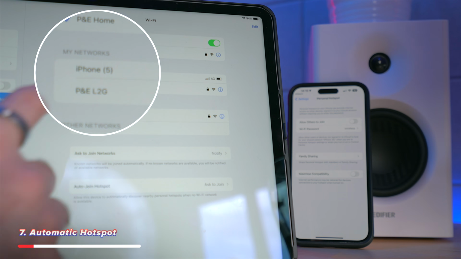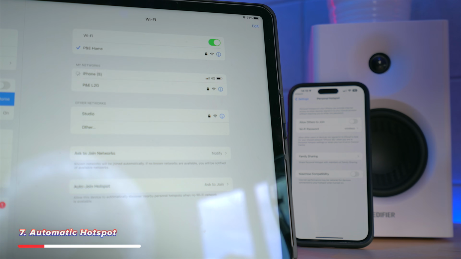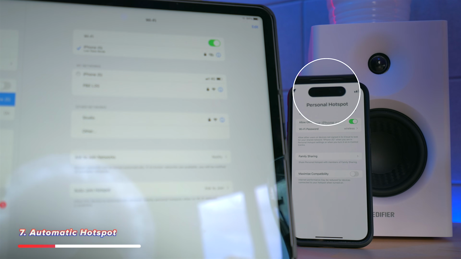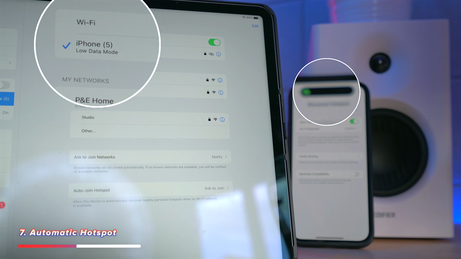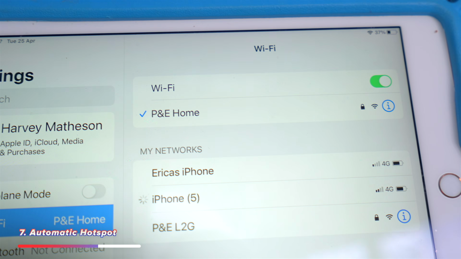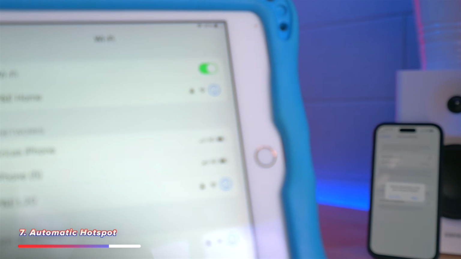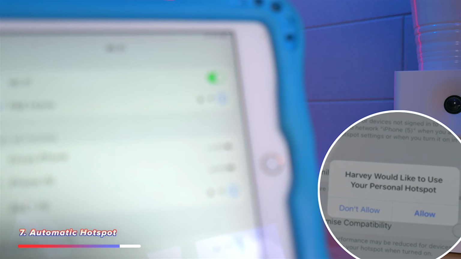If you are out and about and want to use your Mac, or maybe you have a Wi-Fi only iPad, but you still want internet connectivity, you can remotely enable and connect to the personal hotspot on your iPhone just by selecting it from the Wi-Fi menu on each device. Now this also works with family sharing by showing other family devices in this menu, if perhaps your partner has a signal but you don't, or your kids want to connect their Wi-Fi tablets to your phone for longer car journeys.